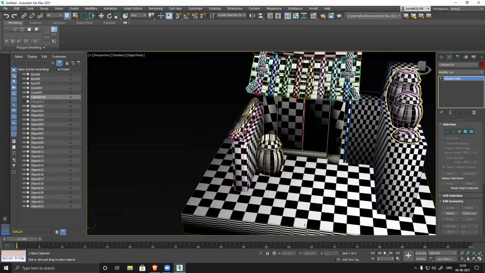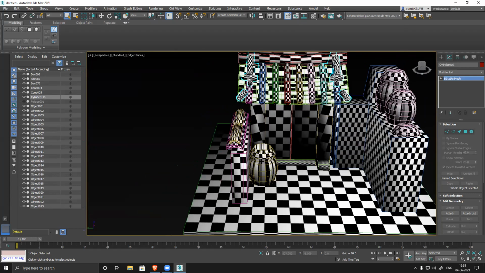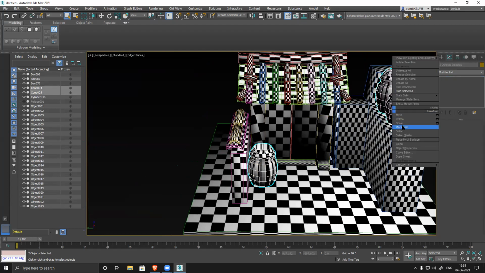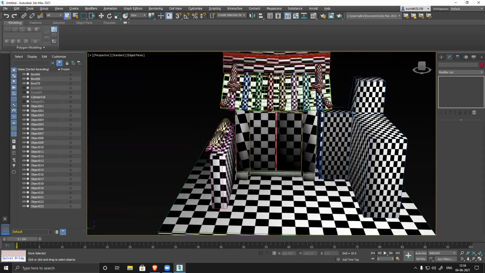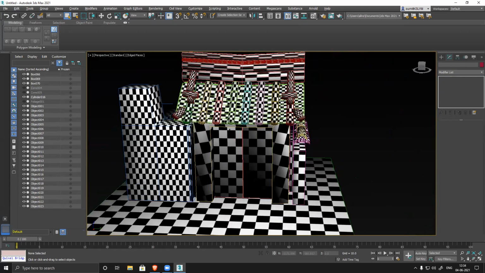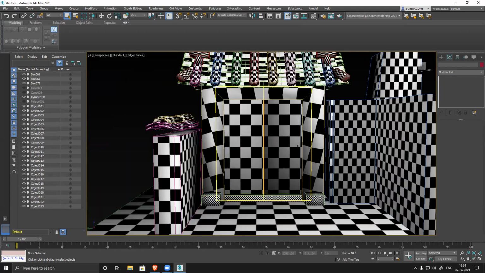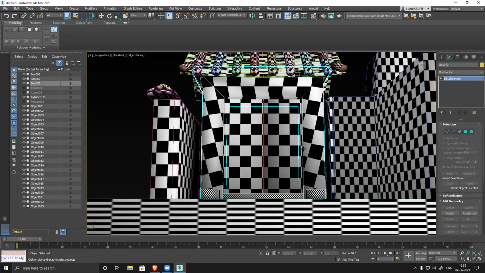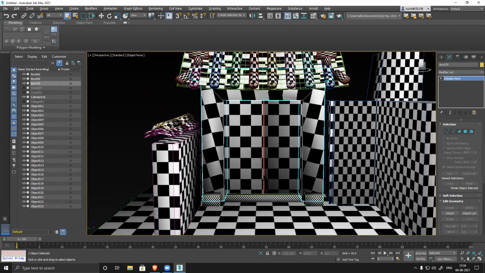Okay, all these pots you haven't unwrapped yet. Yes, sir. I just created them. Okay, no problem. So what happened on the building, sir, over there? What happened as in? On the frames, why is the texture looking like that? I applied the checker map, so its UV is not correct. That's why it's showing like this.